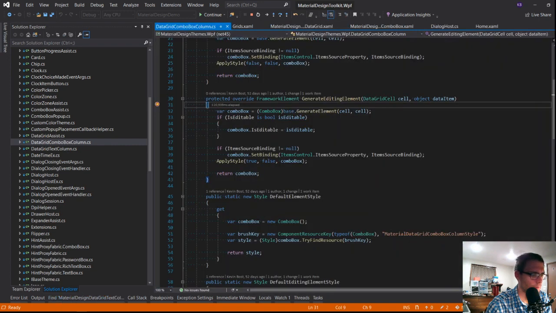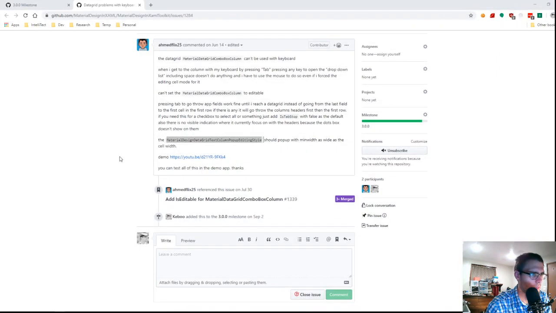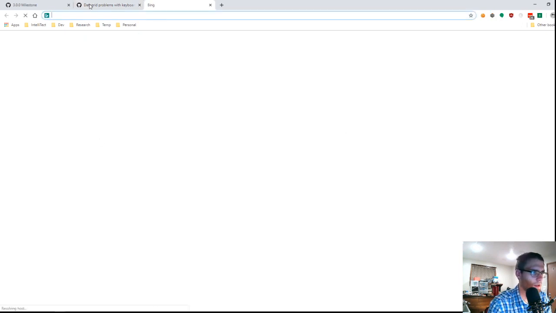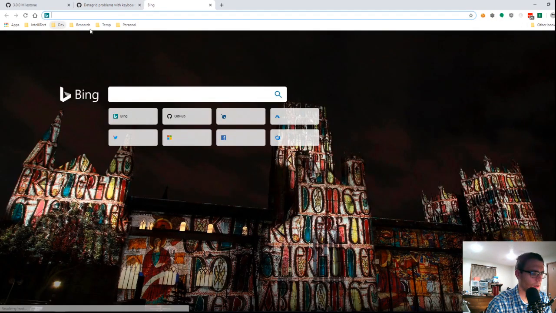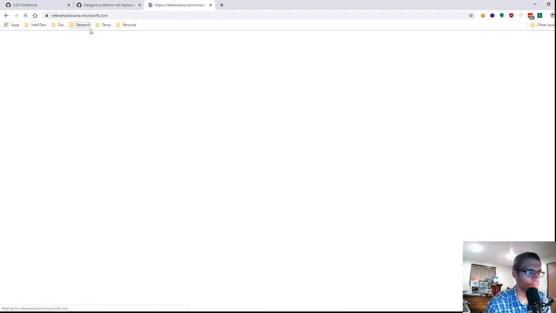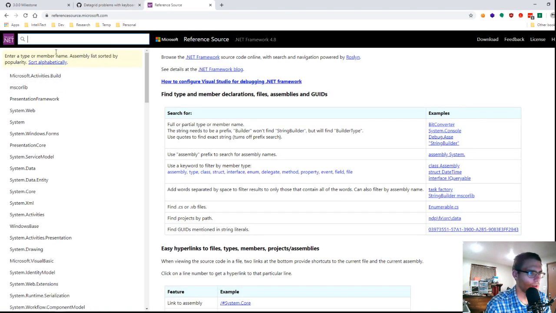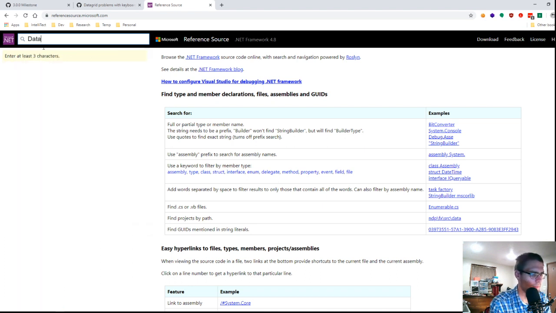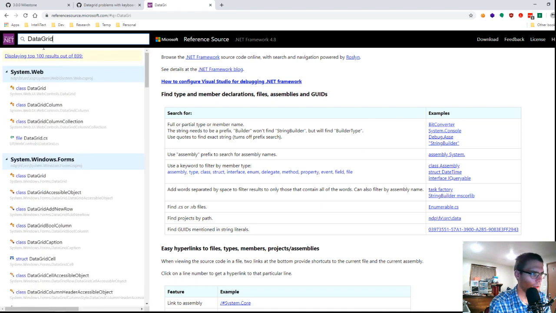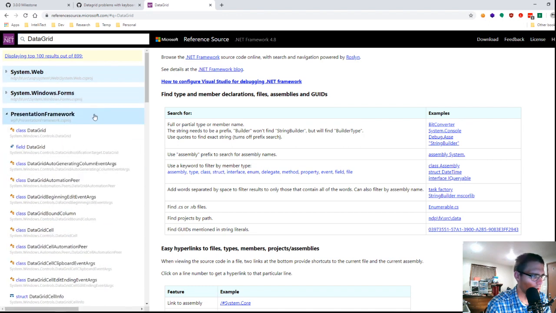Didn't think so, but we can go and get it. So let's look at, let's see, reference source. Because I believe the WPF stuff is in here. The .NET Core stuff is also open source, but given that we're still on the old stuff, kind of prefer to check here.